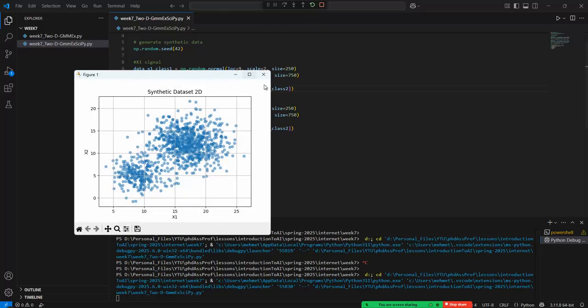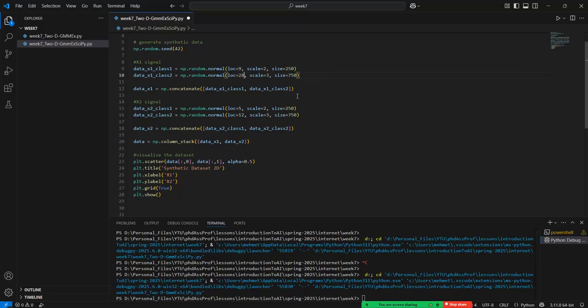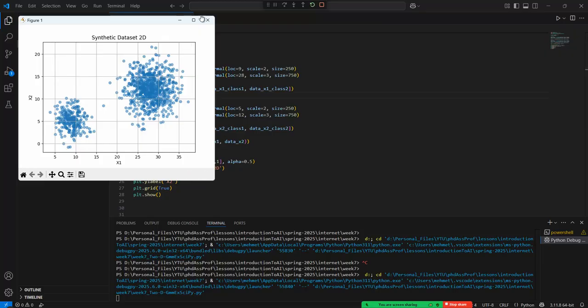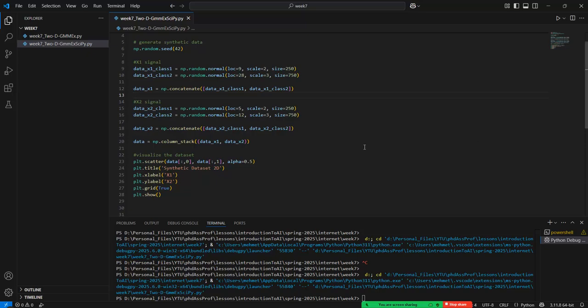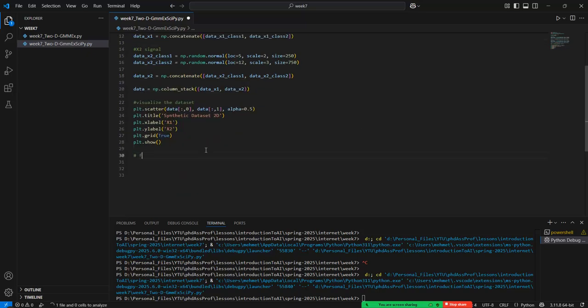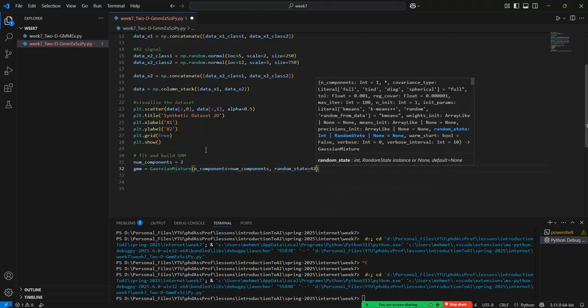This is closer to the end, but in the first place, we need to assign 28 right now. In the second place, we will try the closing points to be utilized in the GMM algorithms, okay? And so, how can we fit and build a GMM? The num components is the first case, 2, okay? And so, the Gaussian mixture can be called with n_components, the num components, and random_state 42,